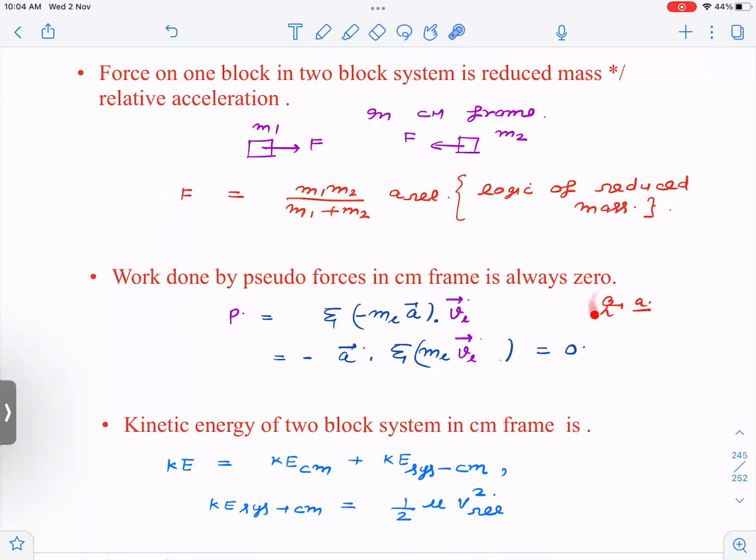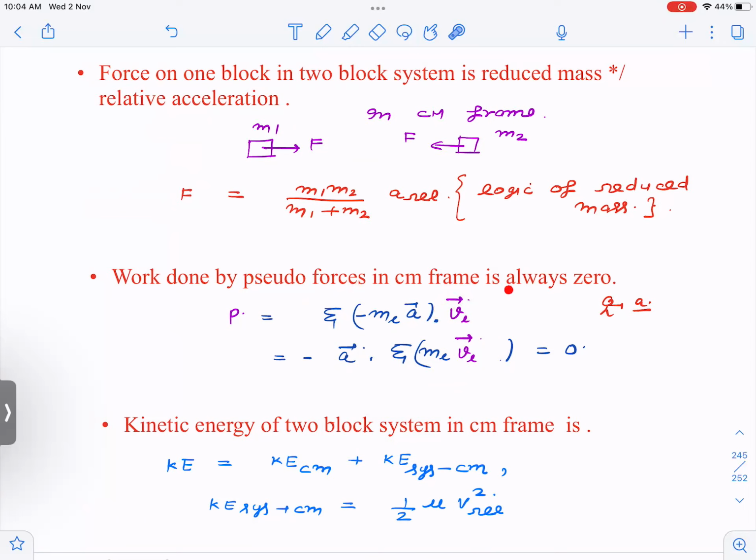A here is the acceleration of the non-inertial frame. So with respect to this person, pseudo force dot vi is the power generated by the pseudo force on the ith particle. If we add all such particles, I get the total power. A I have taken outside because it is constant for all the particles, being the acceleration of the non-inertial frame. And then you get sigma mi vi. Now, what is sigma mi vi? Sigma mi vi is the momentum of the system,